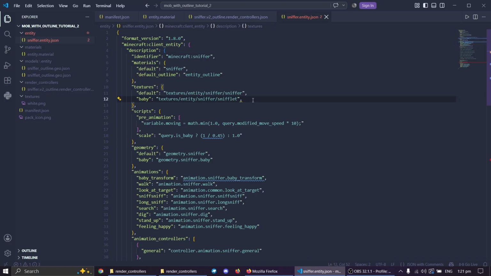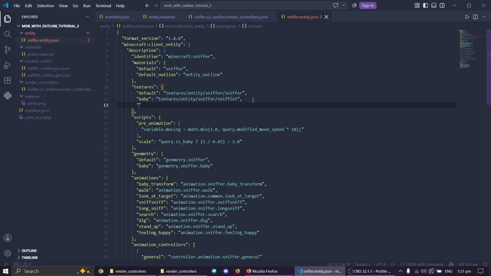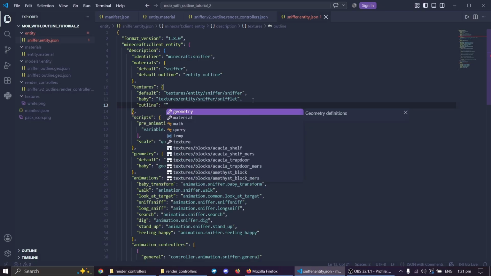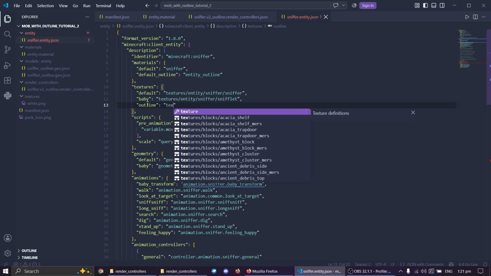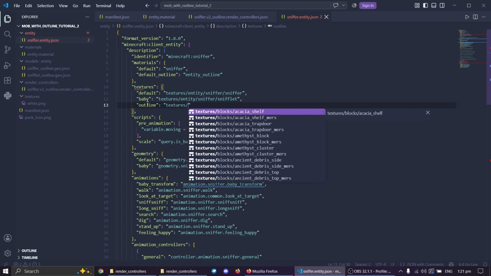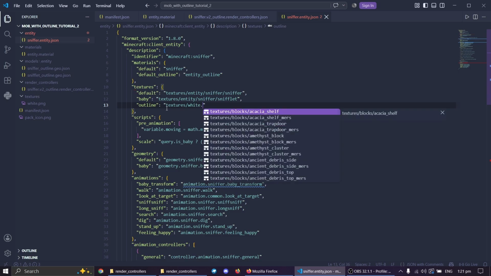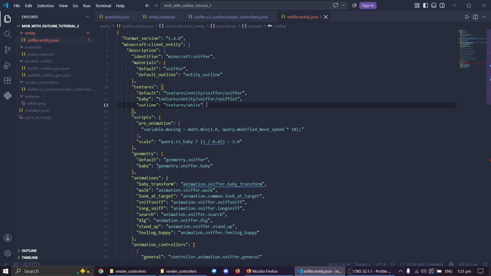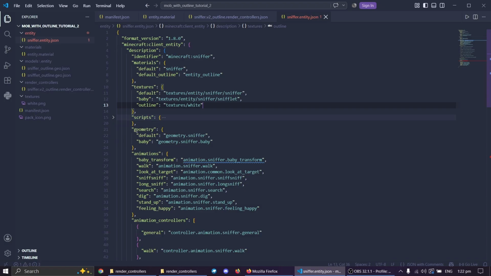On the texture, we can also go put outline, and the textures is gonna be its location, so that it's in textures, and then white.png, or I'm not gonna add png, it's not needed, but yeah, it's just textures/white. It's right there. Now ignore the scripts, we're gonna move to geometry,